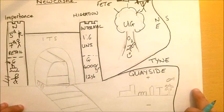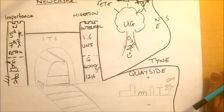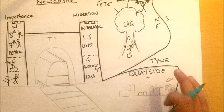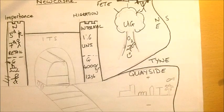Okay, so we're going to look now at another urban opportunity, and we're going to look at this idea of urban regeneration. And our area for that we're going to study, particularly in Newcastle, is called Newcastle Quayside. Now, the Quayside area of Newcastle is located down on the river, and would originally have had an economy based on shipbuilding. And if you were to go back into the 19th century,